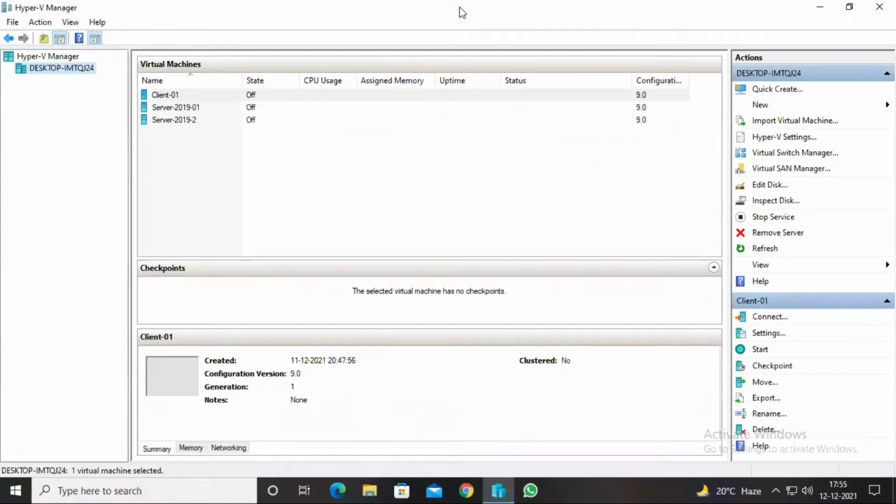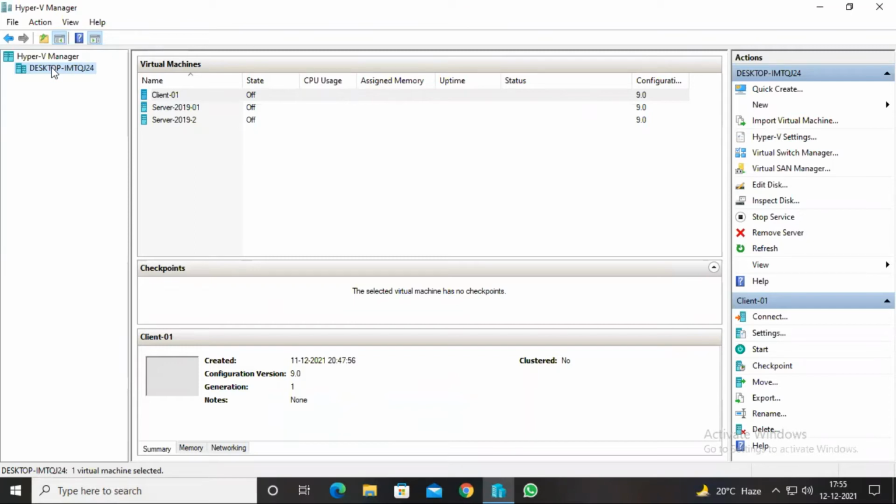I'm going to create the lab now. I'm going to create two servers and one client. Right now I'm going to create only virtual machines. In the next lecture, I'll show you how to install Server 2022 in the VMs. In this session, we'll talk about how to create the virtual machines through Hyper-V.